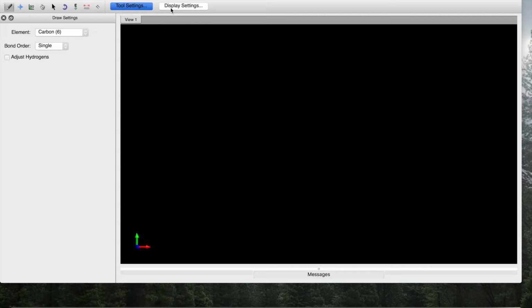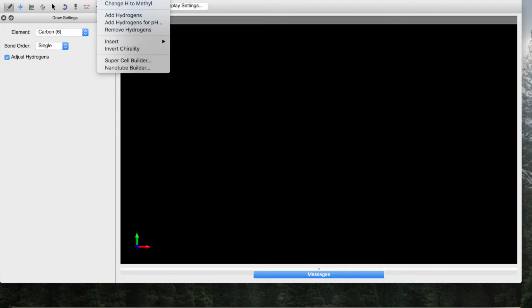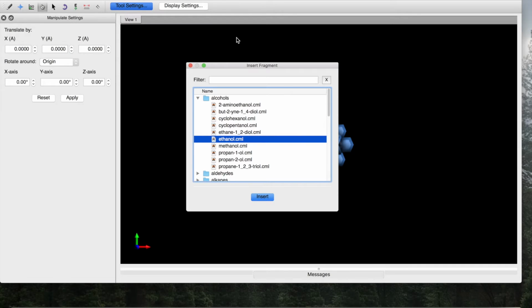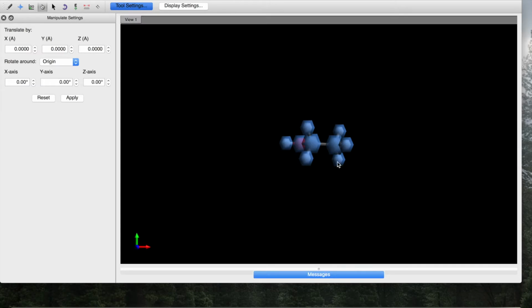to show you guys how to set up a simple simulation, specifically a ramen simulation. I'm going to use this compound, a fairly simple one. So I'm going to use ethanol here. Again, build, insert, fragment, alcohols, ethanol, and then insert. So the compound is right here, and what I can do is file, save as,